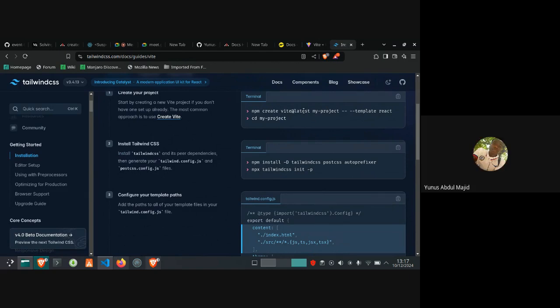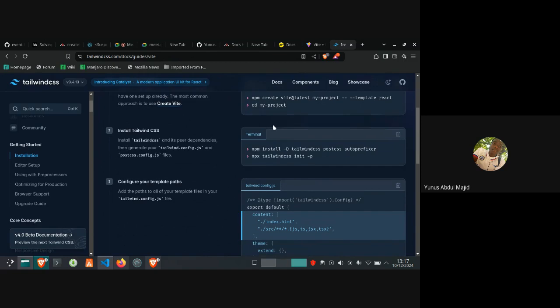But if you have already created the device, you can just CD, and I hope you are there when I'm talking. Yes. It will take you directly to my project, which is what you named the project folder. Then on your terminal, you can just copy this, paste it, press enter.